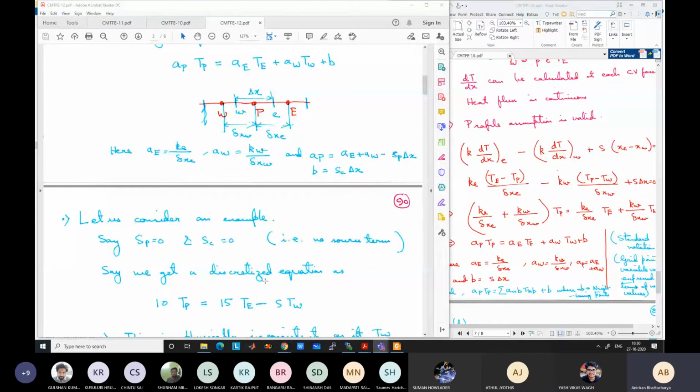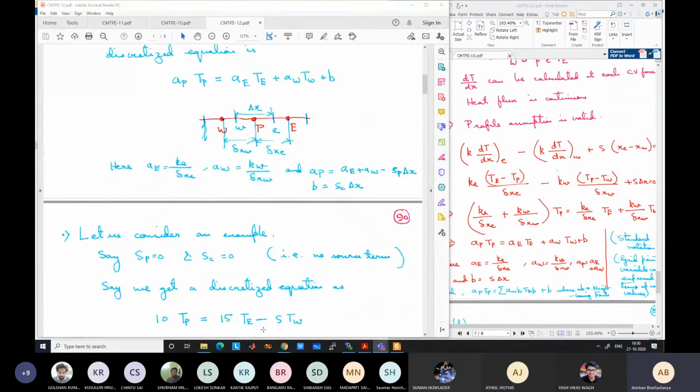Solving the equation depends on solving all the neighboring points also. So the solution part is still similar: AP TP equal to AE TE plus AW TW. You have to do that. But once you solve and get some value, do you expect that the value will always be correct? Say based on TE and TW, you get a value of TP. Do you expect it to be always correct? Do the old students remember, dual degree students who have taken the course? What is the problem here?